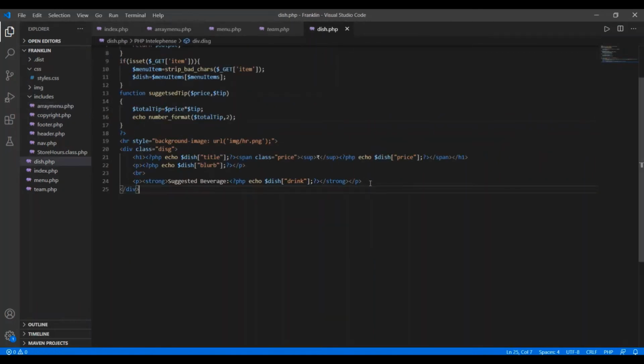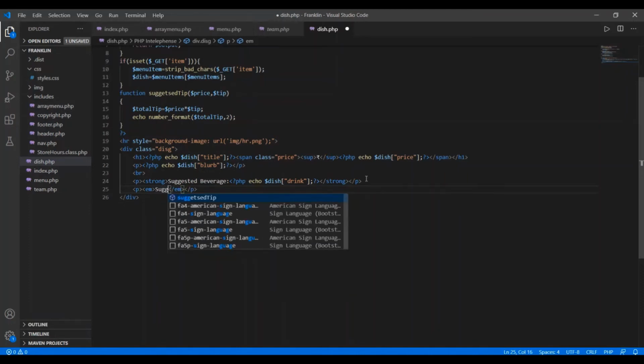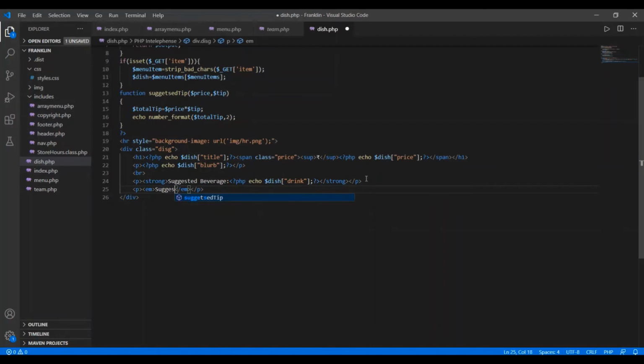Then in another line I just want to give the information about the suggested tip. So for this I'm using a paragraph element, and after the paragraph I just wanted to use the em element, close this, and here I just wanted to use suggested tip.